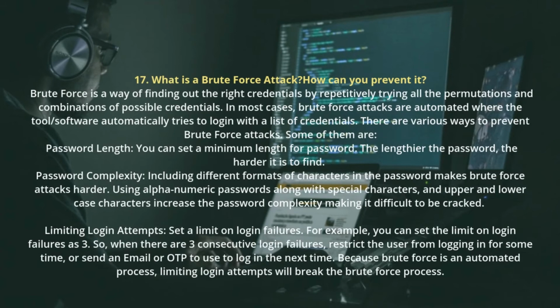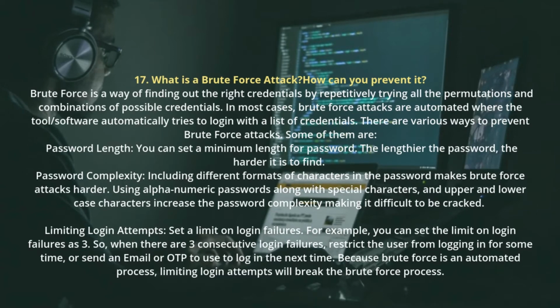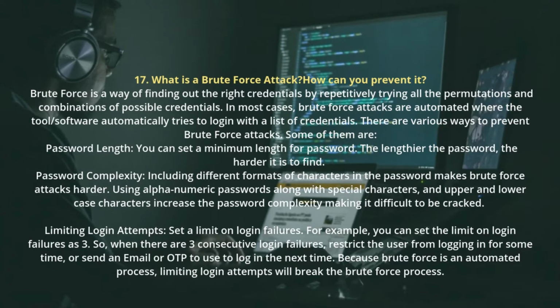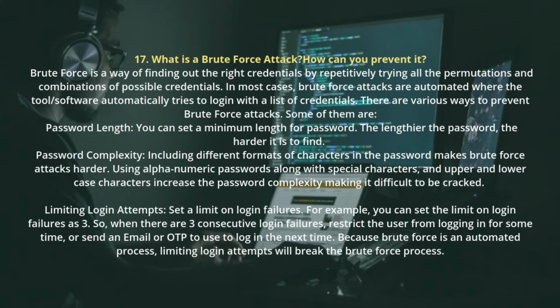17. What is a brute force attack? How can you prevent it? Brute force is a way of finding out the right credentials by repetitively trying all the permutations and combinations of possible credentials. In most cases, brute force attacks are automated, where the tool/software automatically tries to log in with a list of credentials. There are various ways to prevent brute force attacks. Some of them are: